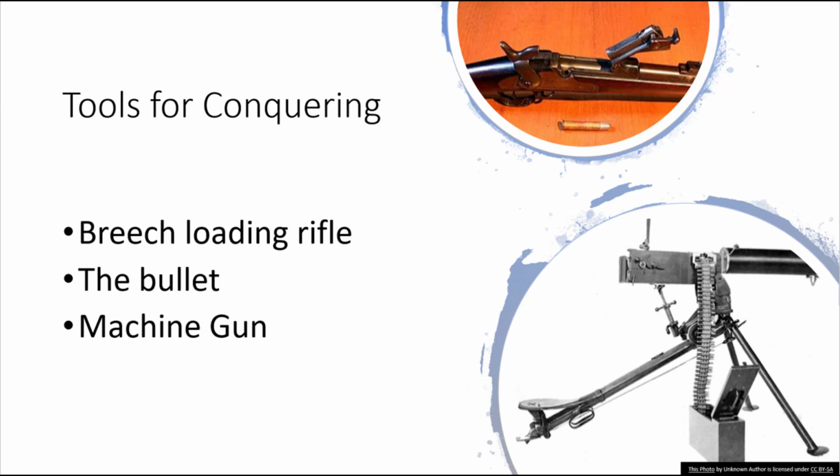There's no packing. There's no taking out a ramrod and jamming the ball down in there. It's just put the bullet in and basically fire. So you could significantly increase the rate of fire that you had. And I think these came out at around 1860. I know that there were some soldiers in the Civil War that were using them for the United States when they were fighting against the South, so they'd be Union soldiers. I saw a documentary on that.